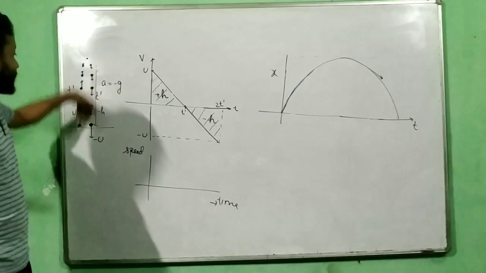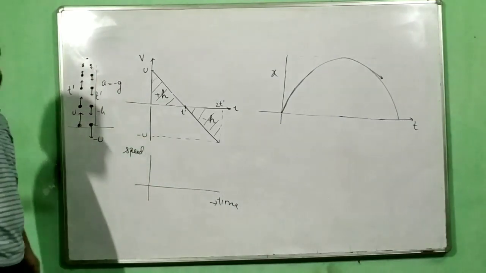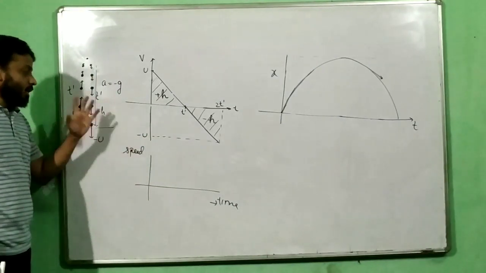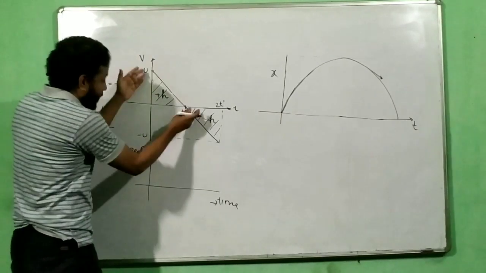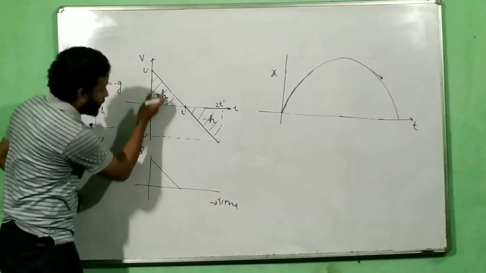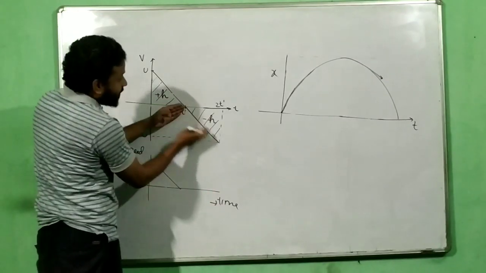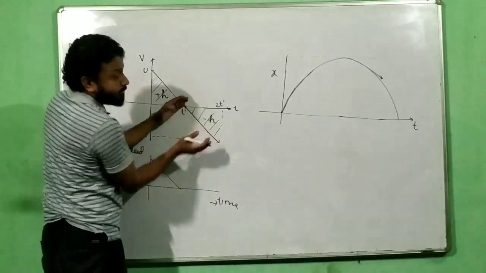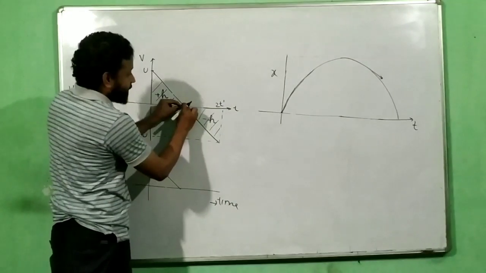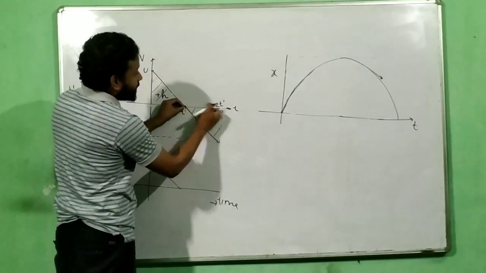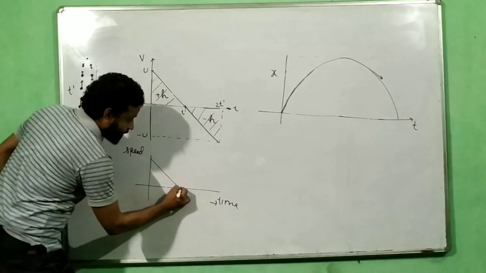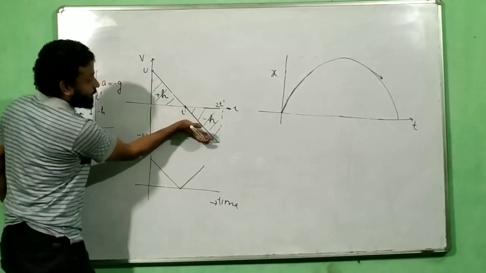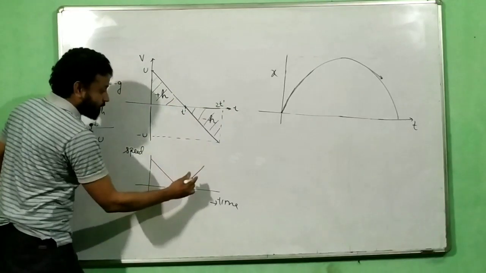Distance is h plus h, 2h. That means you should have a positive graph only. Speed means no negative, everything is positive. So whatever is positive will remain as it is from this velocity time graph. Whatever is negative, just take the mirror reflection. Just imagine this to be a mirror. How does the image of this line look here? It will look like this. So the mirror reflection of the negative part will appear in the positive quadrant.